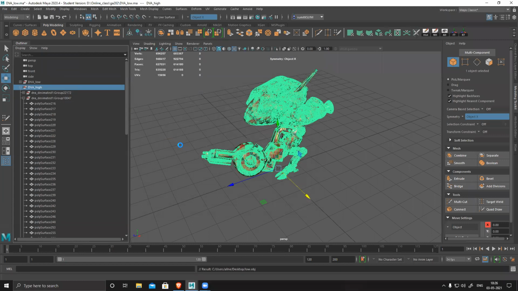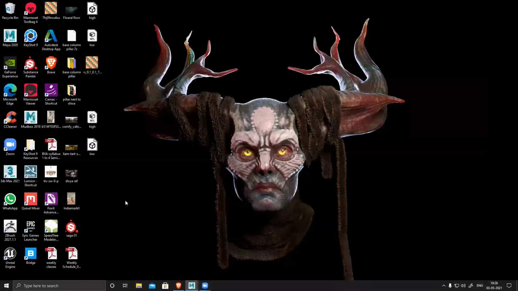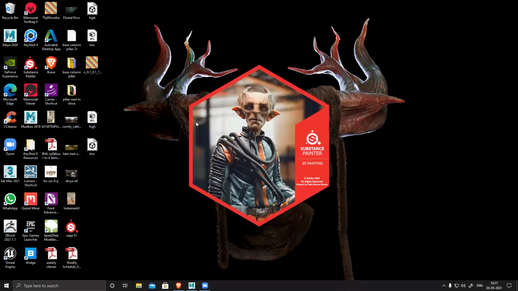For baking, because baking is one of the most important stages of gaming. In gaming, whenever you create a model, it's very important your baking normals should be perfectly clean, without any artifact, without any issue. Most of the time Substance does the job, it creates a very clean, nice normal. But whenever you have a model where you have a lot of intersection, a lot of overlapping, that time it creates a problem, it creates a very dirty normal. I'll show you what happens, and then I'll tell you how to fix it as well.